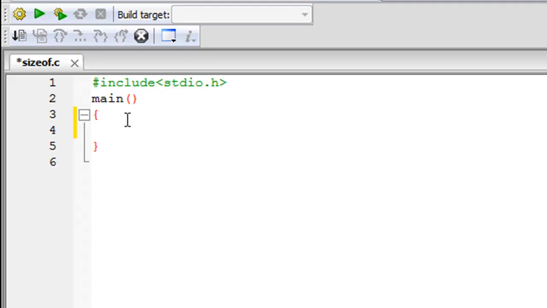Firstly, the Sizeof operator is used to determine the size that's occupied by a variable in memory, right? So if I declare an integer and give it the name x, and I want to know how much space is occupied by x in bytes in my memory, then I can use the Sizeof operator, and it's very simple. I'll have to obviously use printf to display the result on screen, and